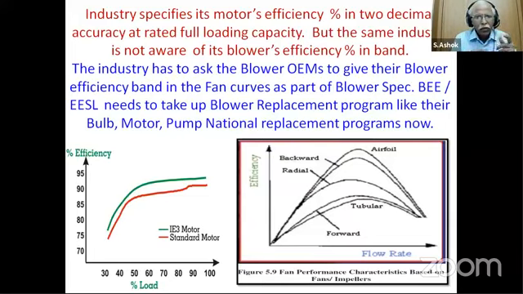Thanks to the EESL, BEE combination under the Power Ministry, they have started replacing LED bulbs, motors, pumps, etc. on the national replacement programs. We are suggesting that blowers also have a potential of almost 20 to 30% energy savings in the existing blowers by replacement. Let us take that way to improve the total efficiency of the blower system, AHU systems, by minimum 30%.